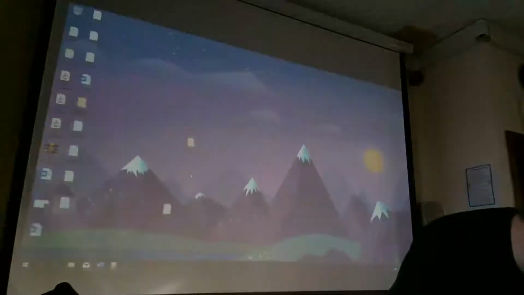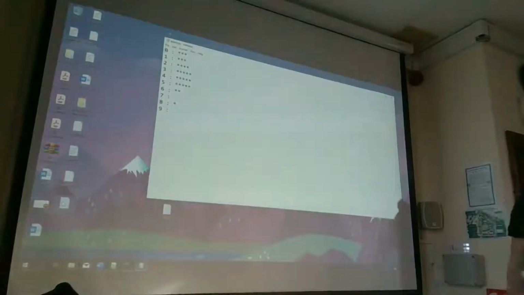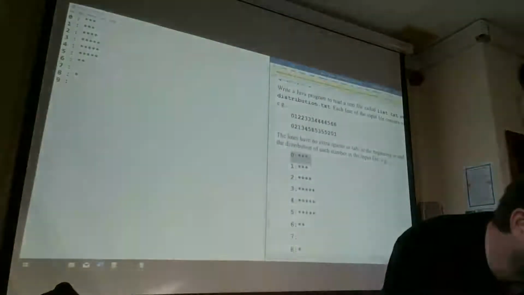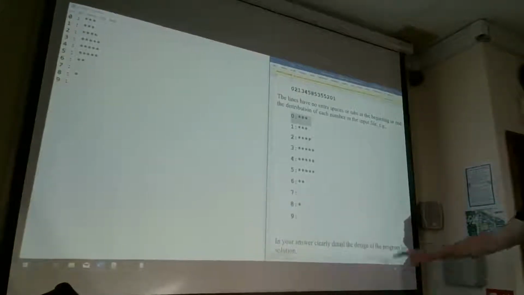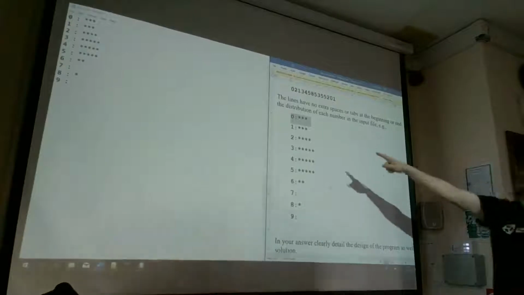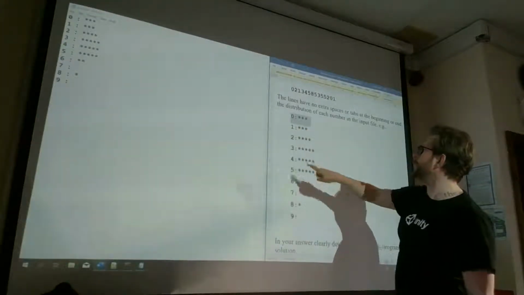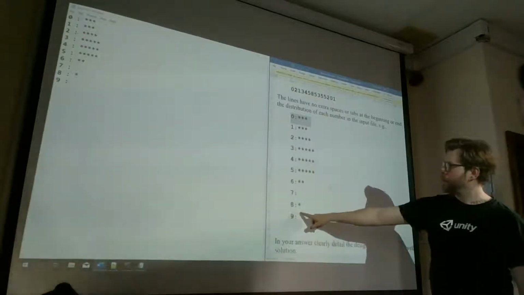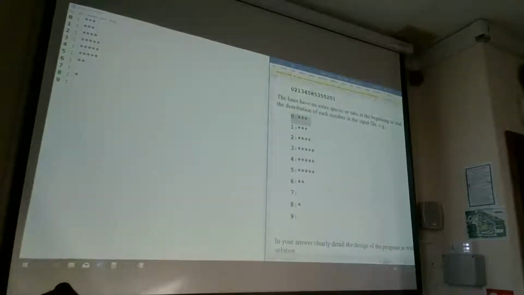Okay, and there's no output to the program because here we have our distribution. Now, let's compare that to our file here. You can see that we have the same. We use the same input, we use the same text to begin with. We have 3 for 0, 3 for 1, 4 for 2, 5 for 3, 5 for 4, 5 for 5, 2 for 6, nothing for 7, 1 for 8, and nothing for 9. Okay? Now,